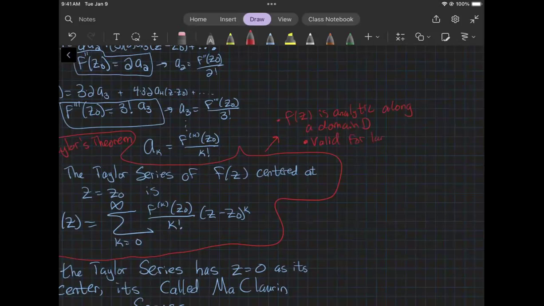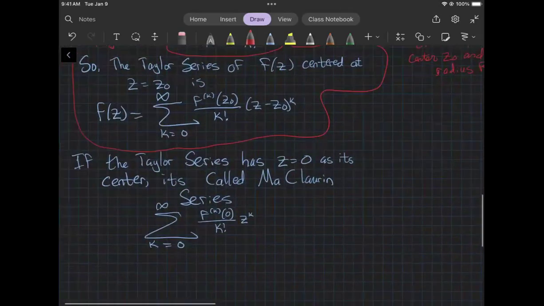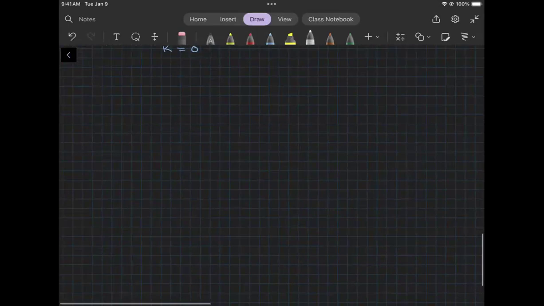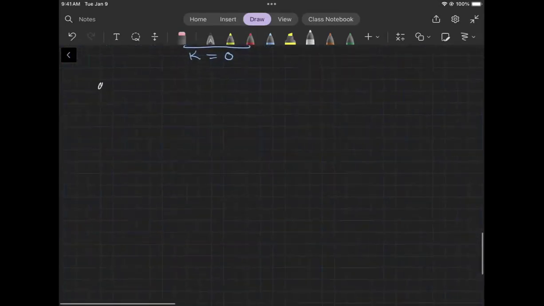for the largest circle with the center z naught and radius capital R. So that refers to the circle and radius of convergence. And a quick note: to figure out the circle and radius of convergence we can use either the ratio or the root test